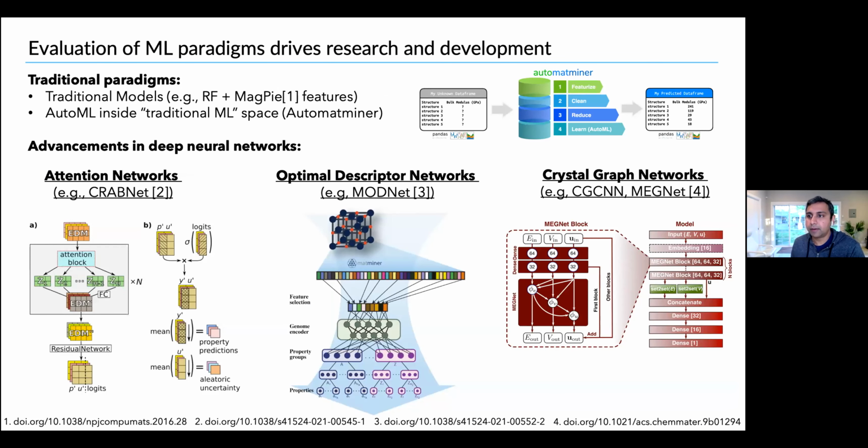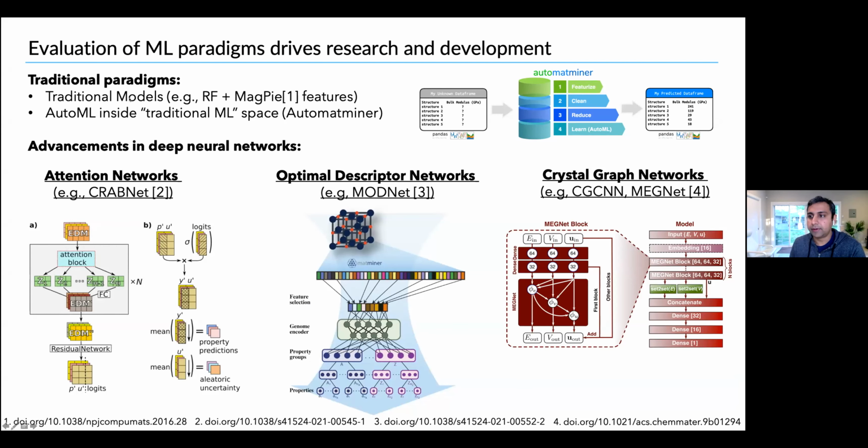Okay, so far, what have we done with Matbench? We've looked at a few different models, and we are hoping to get more and more of these machine learning models evaluated with Matbench over time. The first one is a very traditional model, which is basically using a code called Magpie to generate the features. These are very conventional features, like what's the average electronegativity and standard deviation of electronegativity of the elements in your compound. And then just using a random forest model to take those descriptors and make a prediction, either a regression or a classification prediction.